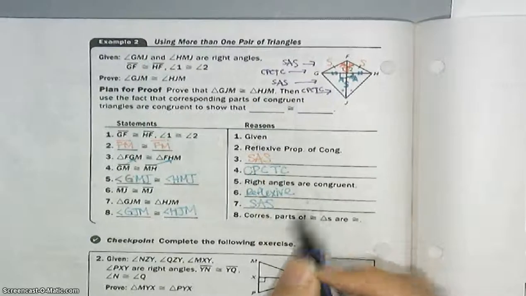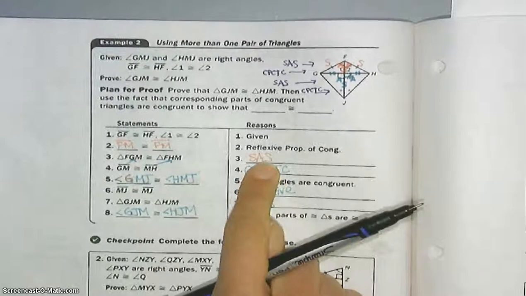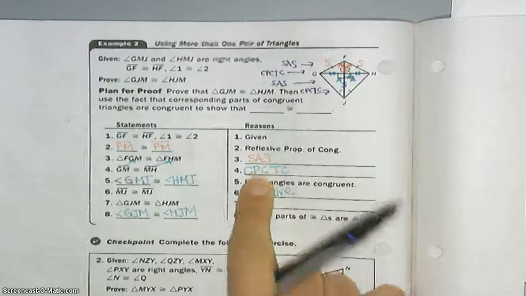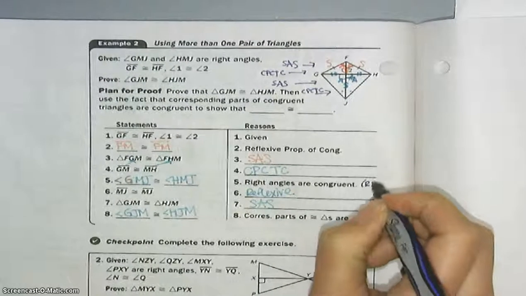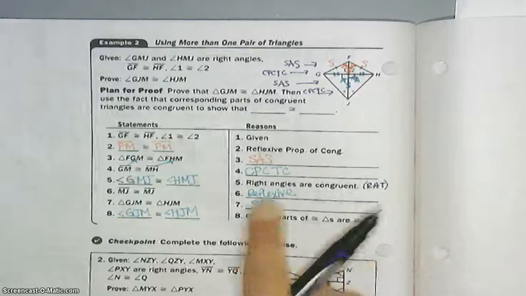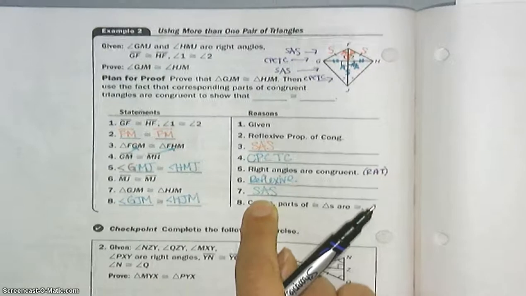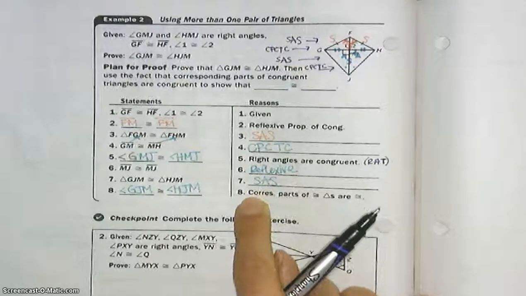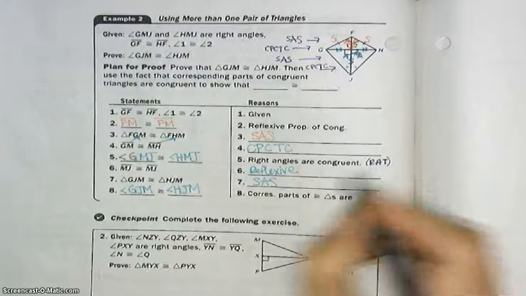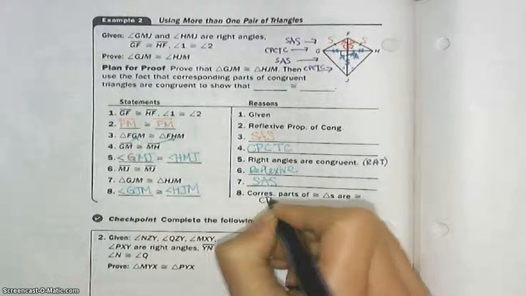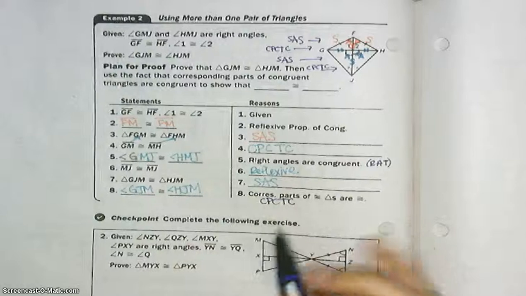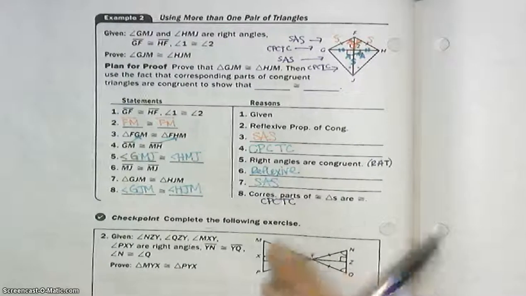So you can kind of look through this proof and see first it was SAS, then CPCTC, and then we used right angles are congruent. That was that right angle theorem. We've talked about that a little bit now. That helped us get to SAS. And then notice here, corresponding parts of congruent triangles are congruent. That's CPCTC right here. So we're going to use the same kind of method, this double triangle method, to do